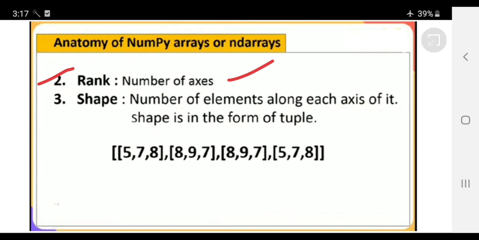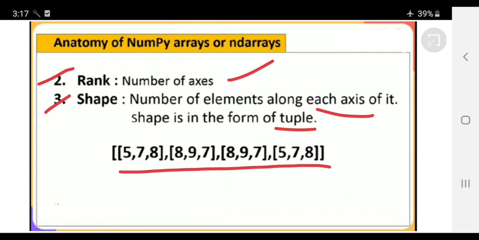Okay. Next one is shape. Shape is the number of elements along each axis, that is, how many elements there are in each dimension. Shape can be represented in the form of a tuple. Let us take this example.